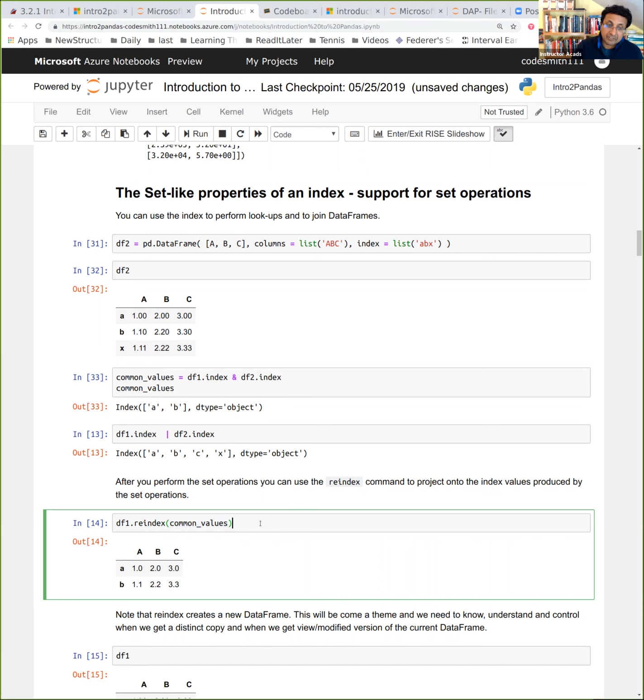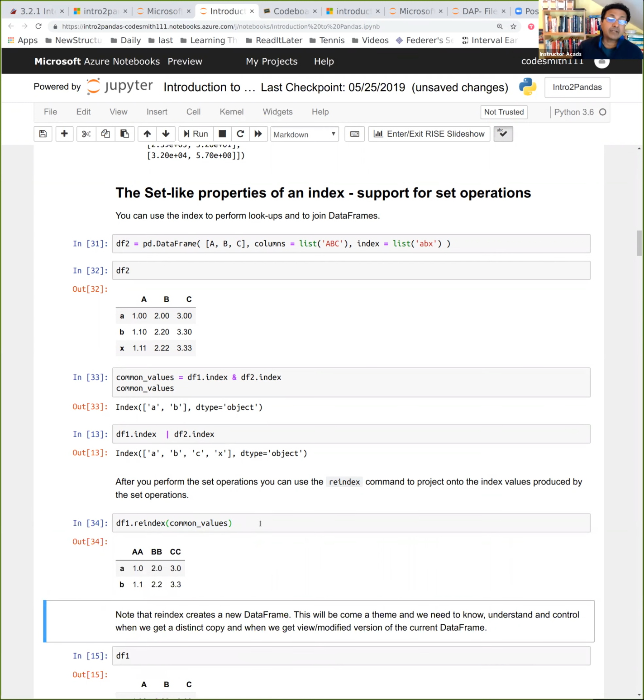And so if you do this reindex, see what happens. I get back only the common rows. See, the 3rd row is removed. And so that gives you a very basic view. This will get more and more sophisticated very quickly, but it's a very basic view into how pandas enables us to